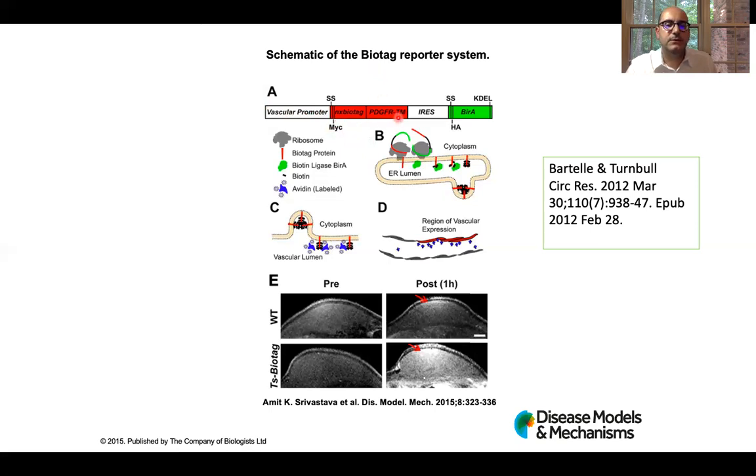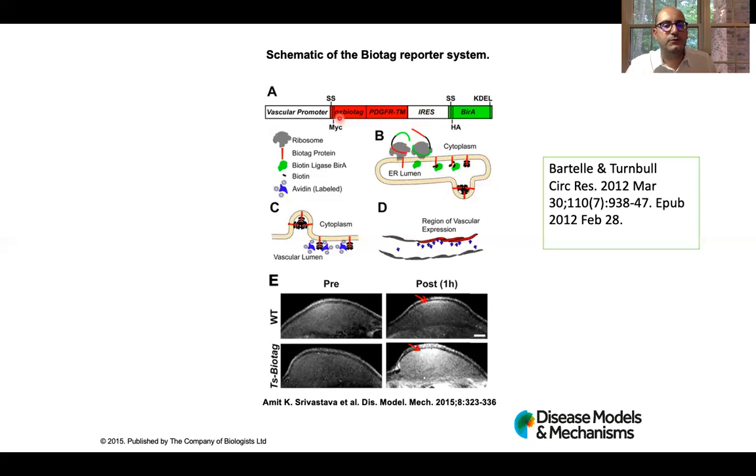Inside the cells, they use the PDGF transmembrane receptor to make sure that the biotag is expressed outside of the membrane. And then they used IRES,